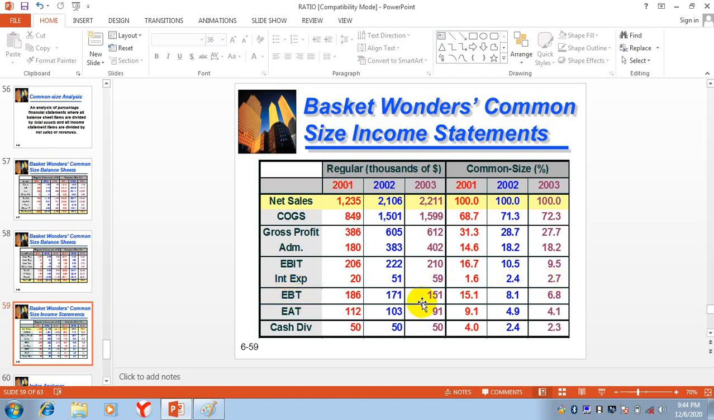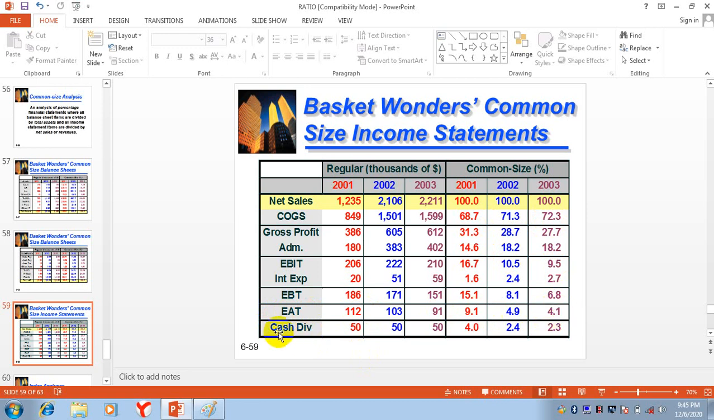Then EBT: 15.1, 8.1, 6.8. Our earnings before taxes are going down, which is not good. Earnings after taxes, that is net profit, you can say 9.1, 4.9, 4.1. So our net profit is also going down, which is not a good point. All these profitability ratios are going down because cost of goods sold is going up, and these admin expenses are also going up. So this is the main reason for the decrease in our